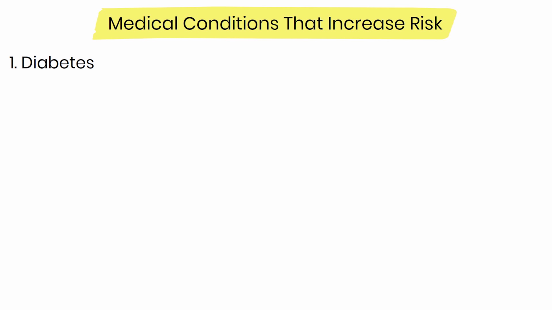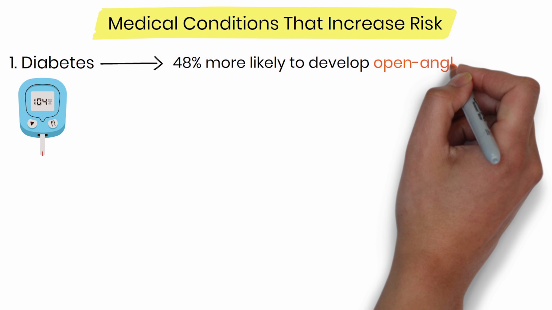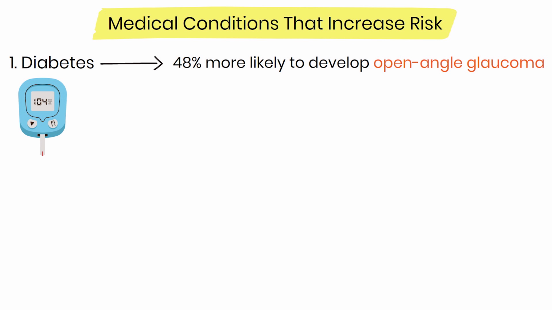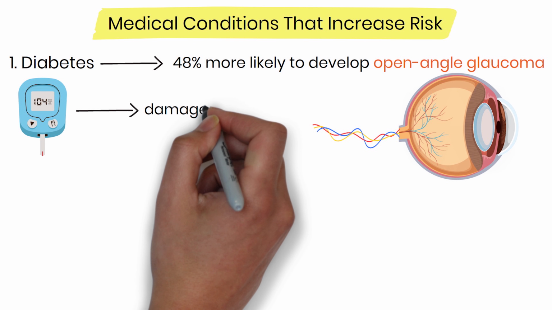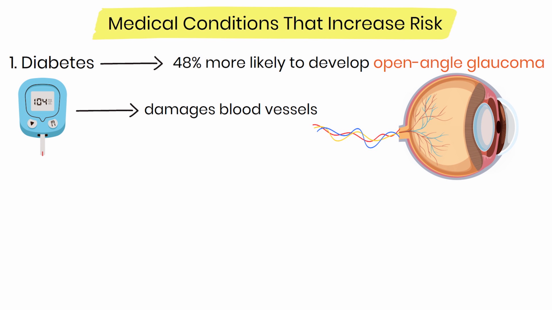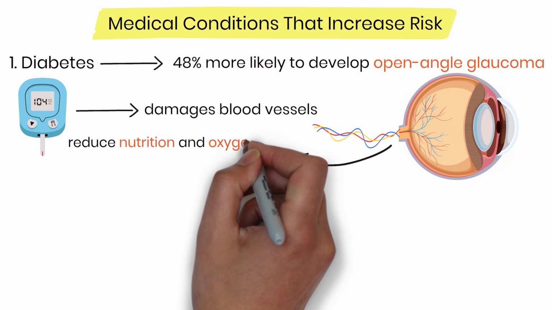Diabetes is one of the most significant medical conditions linked to glaucoma development. People with diabetes are 48% more likely to develop open-angle glaucoma over a 20-year period compared to people without diabetes. The risk increases the longer you have had diabetes. The mechanism involves how diabetes damages blood vessels throughout the body. In the eye, this altered blood flow can reduce the nutrition and oxygen supply to the optic nerve, making it